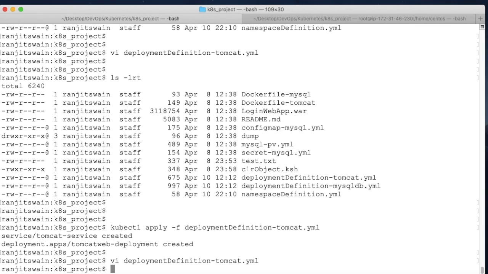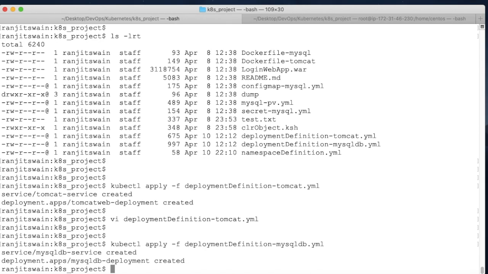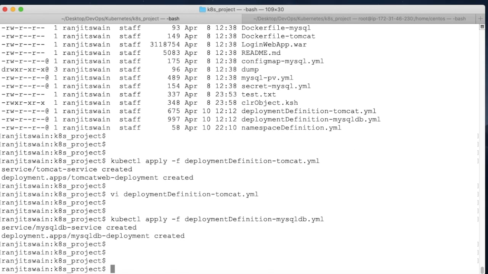So now our Tomcat pods are created, let's create the database pods. Same thing here, use kubectl apply -f with the file name, enter. Here also it's created. Now let's see what we have created so far. So what is the command? We have to use kubectl